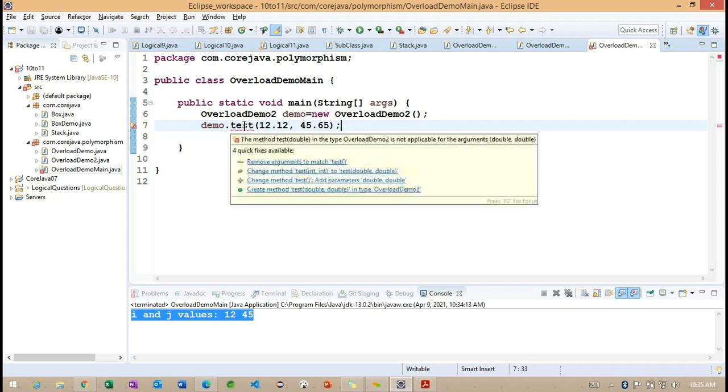Now you can see what the error is indicating here. You need to read the line above first: the method test double in the type overload is not applicable for double comma double here. Getting the point. So double comma double is not accepted here, because we don't have a method with double parameters.